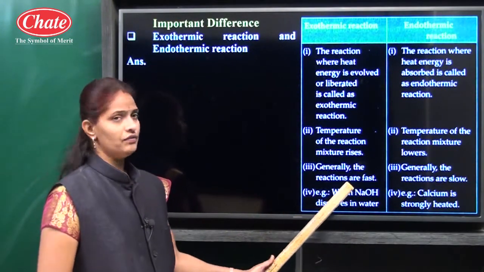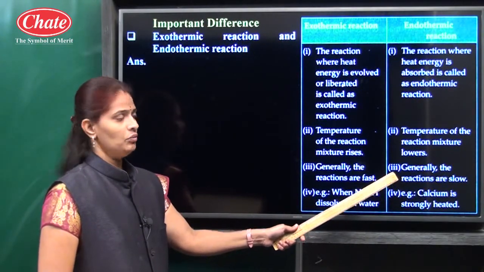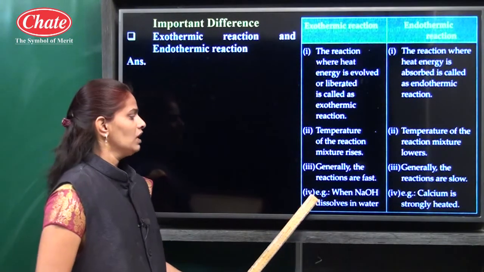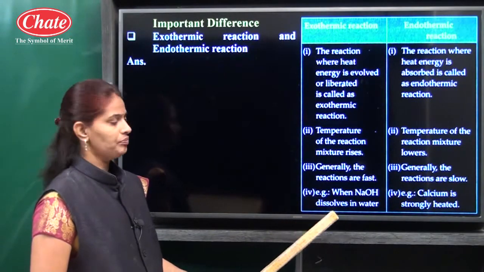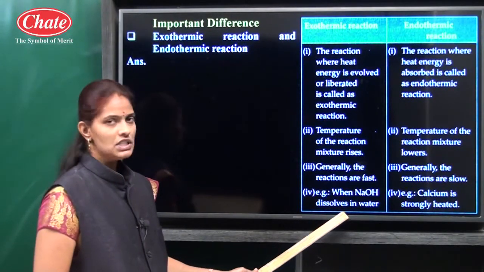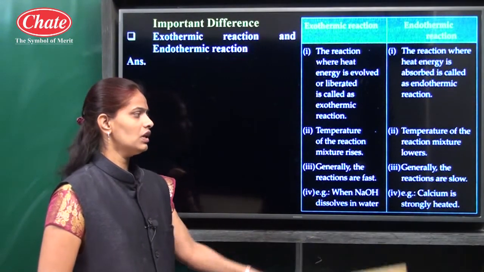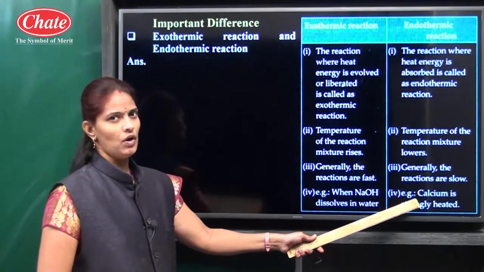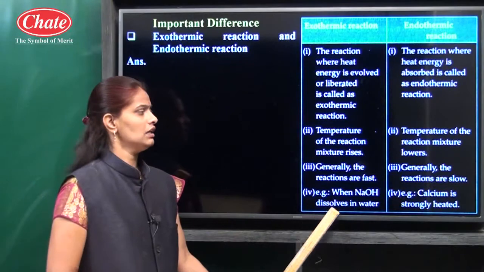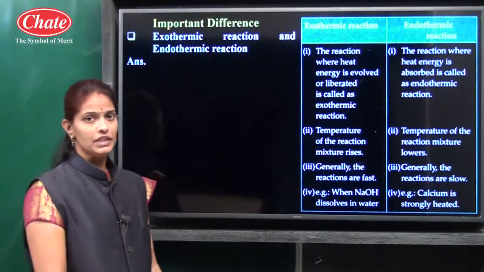Generally, exothermic reactions are fast and endothermic reactions are slow, because you have to give heat here. That is why they are slow reactions. Then an example of an exothermic reaction: when sodium hydroxide dissolves in water, it is an exothermic reaction because heat is liberated. And here calcium oxide is strongly heated. So both reactions are explained here for the exothermic and endothermic difference. Okay,